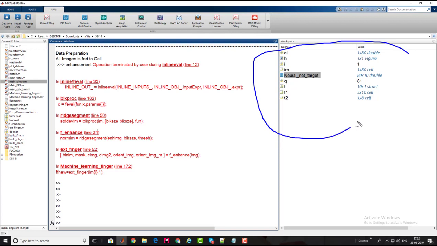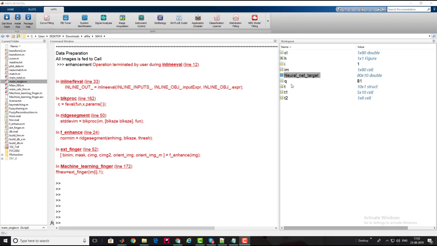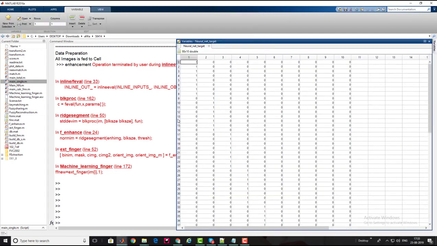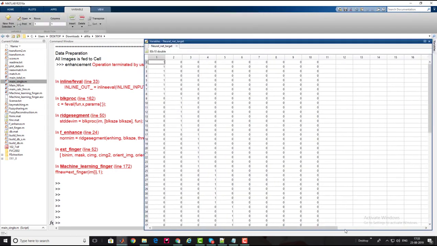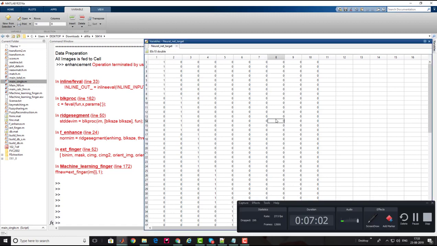This is the memory of MATLAB, and in MATLAB we call this part the workspace, where all the input features get stored. Let's open the neural net target vector and see how it looks. So guys, as you can see here,